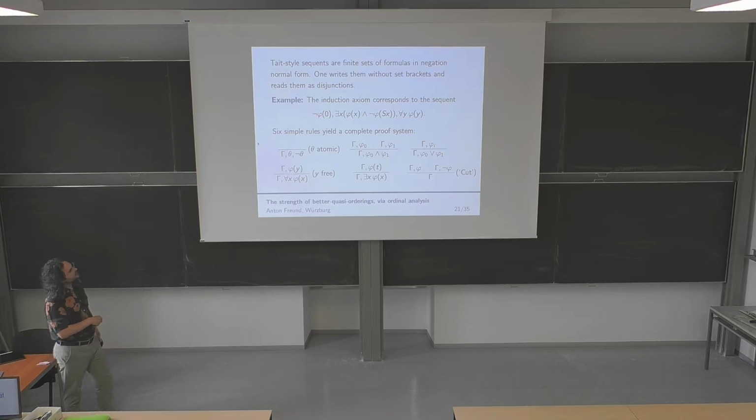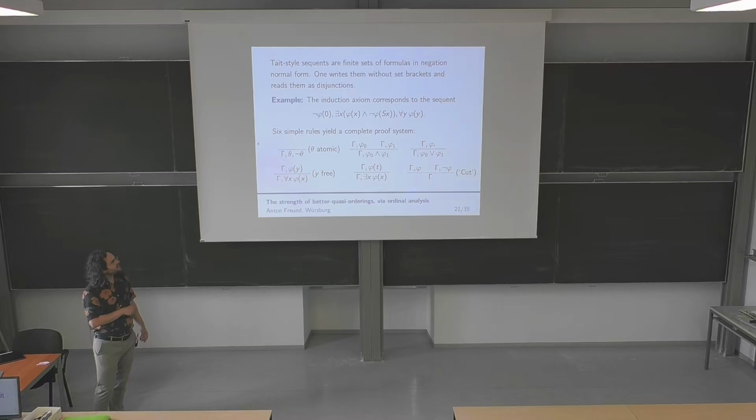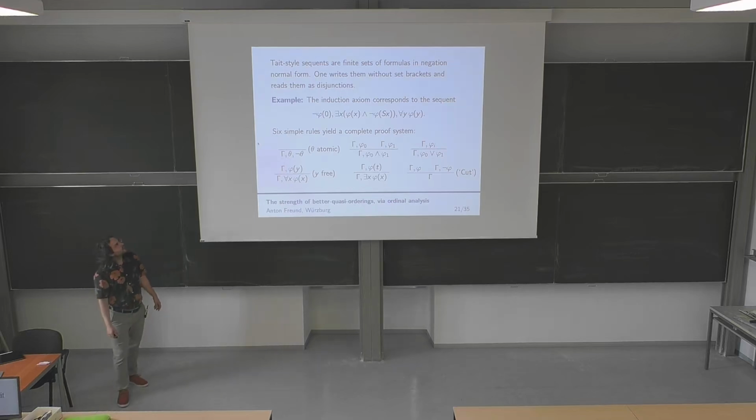by induction does not hold at 0, or there is a problem at some successor step, so there's some x such that phi holds at x, but not at the successor, or if these two are not valid, so the premises of induction do hold, then you do actually get phi for all x, which is the conclusion of induction. So that's just an example for a sequence.